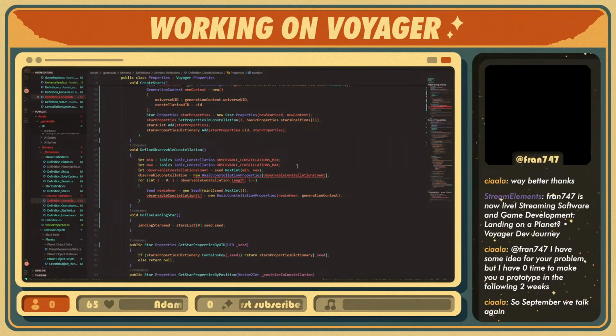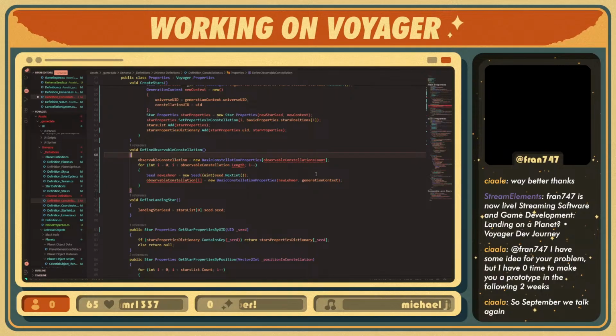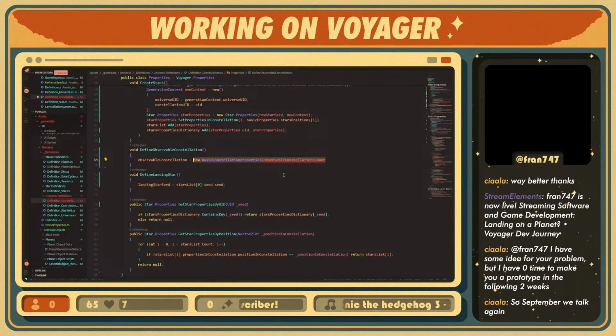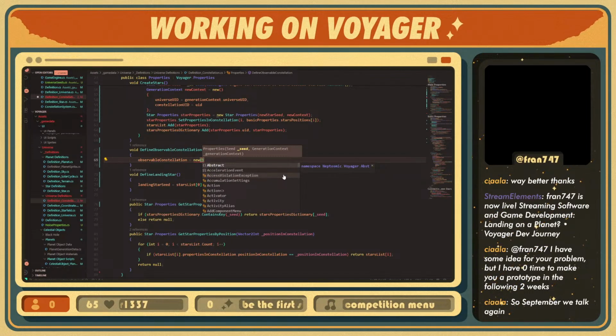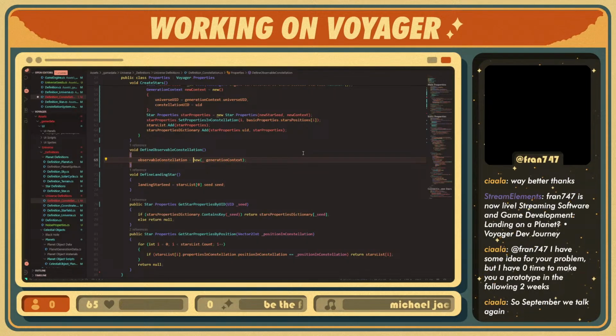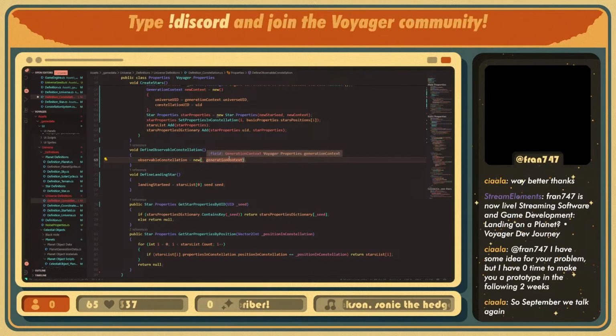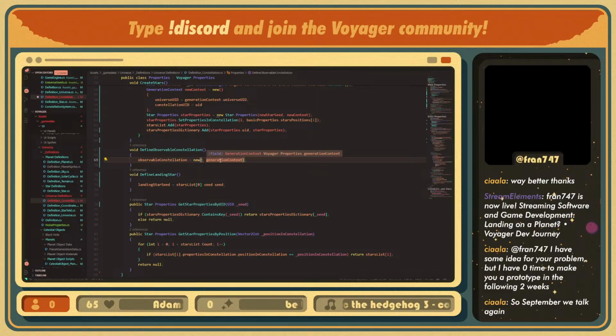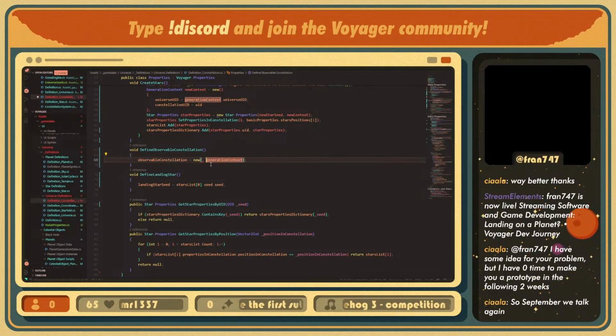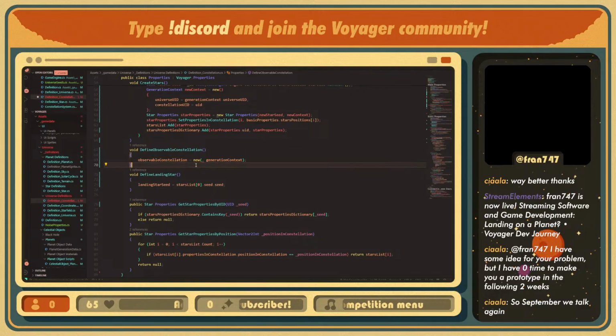Now of course I have to fix this. I don't need a minimum or a maximum, and I also don't need any of this. What I need to do is just observable constellation equals new, and here I need to pass a new seed and a generation context. The generation context is going to be the same as the current constellation's, because all this generation context has is just the seed of the universe. That's it. Now I need a seed, so I think I should